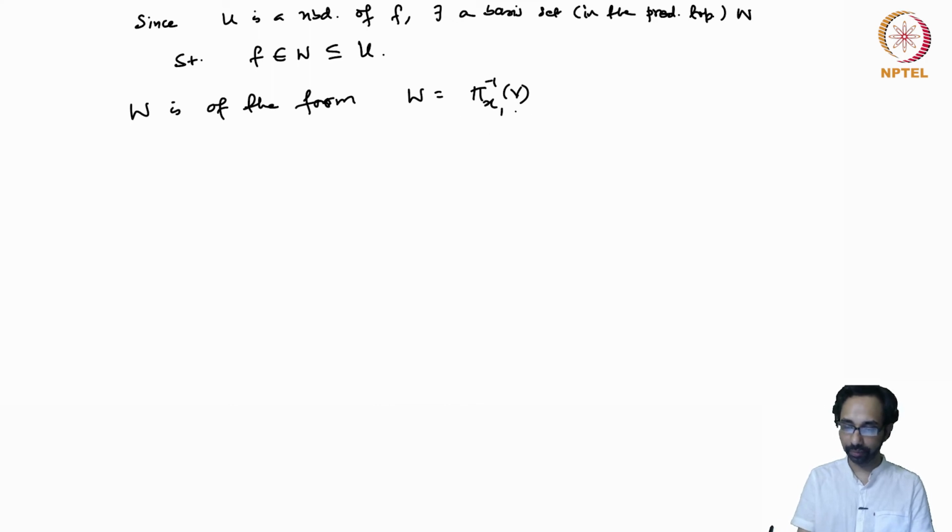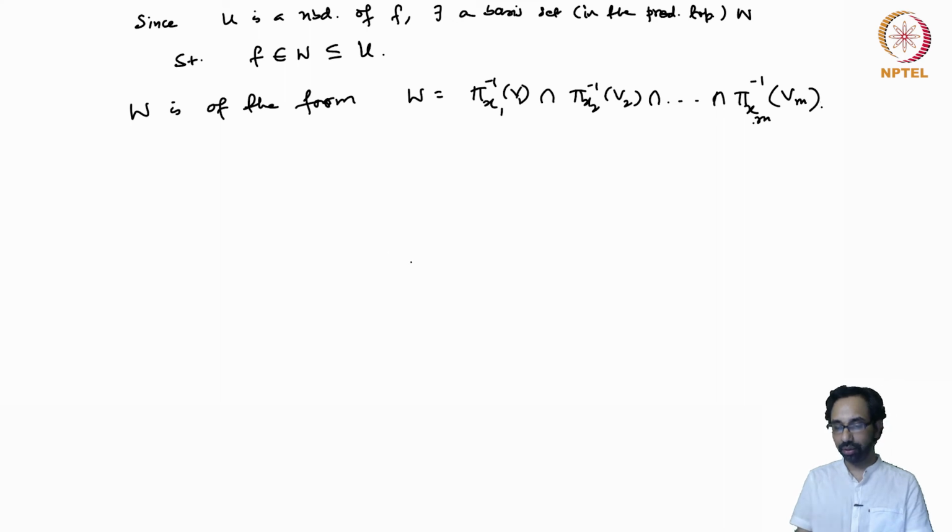So it is of the form pi x1 inverse v1 intersection pi x2 inverse v2 intersection pi xm inverse vm. So this is a finite intersection of sub-basis elements